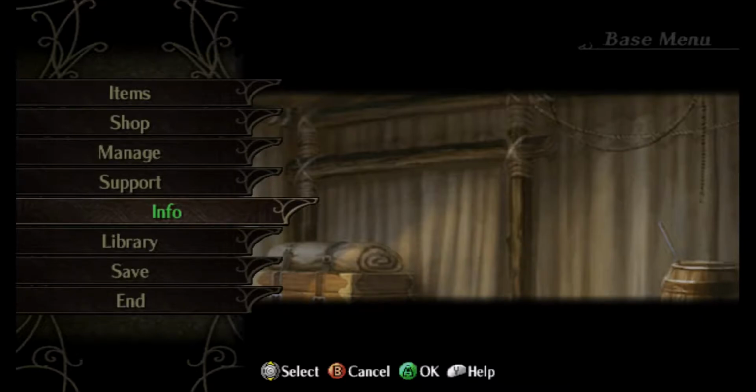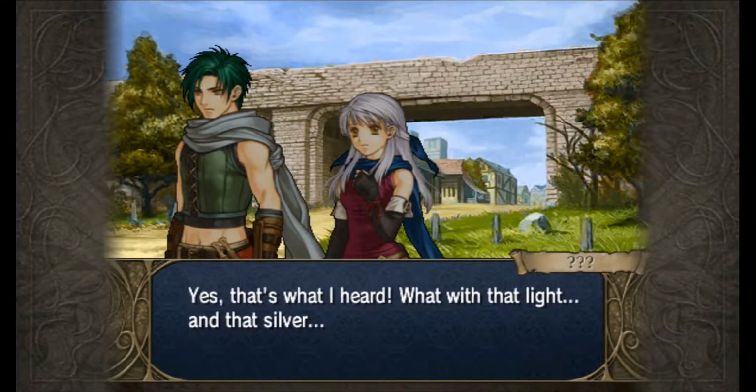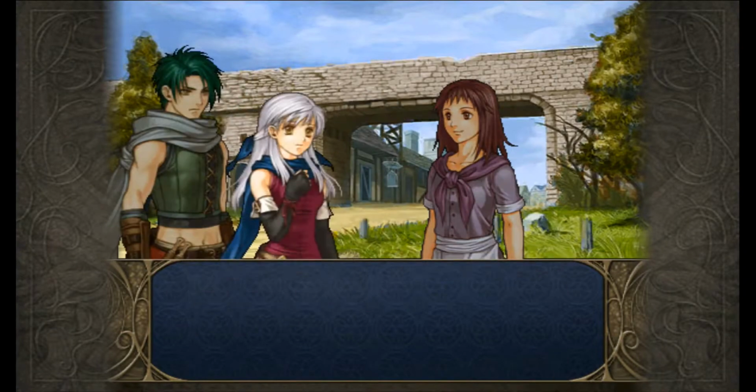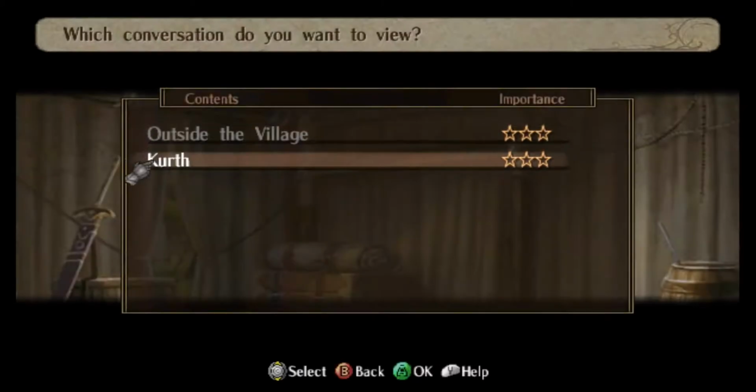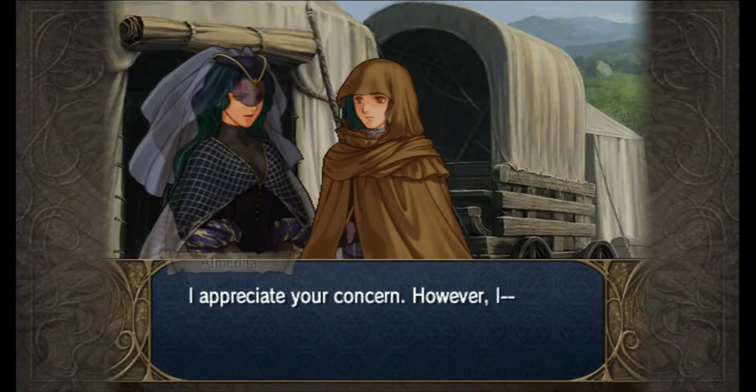It's almost time for Chapter 6. First, just going to do base stuff. We got some 3-star conversations, which I don't actually know what they do, but hopefully they give me something cool. I think this gives me an item. Oh, 1,000 gold. Alright. We just got like 10,000, so it's kind of random, but...